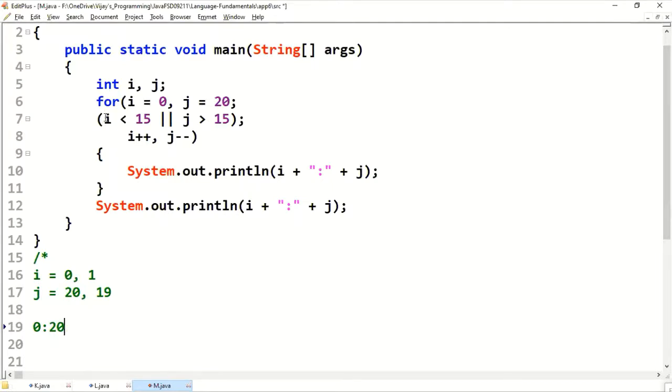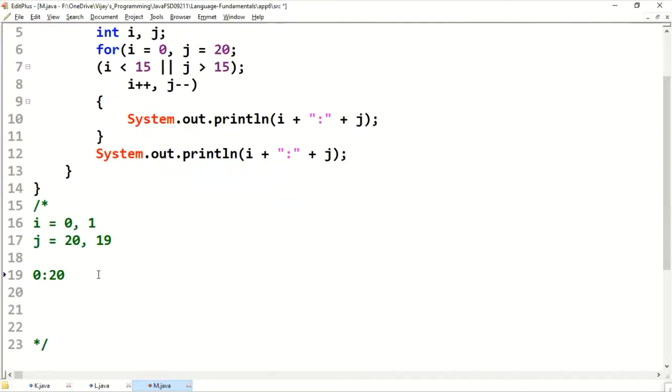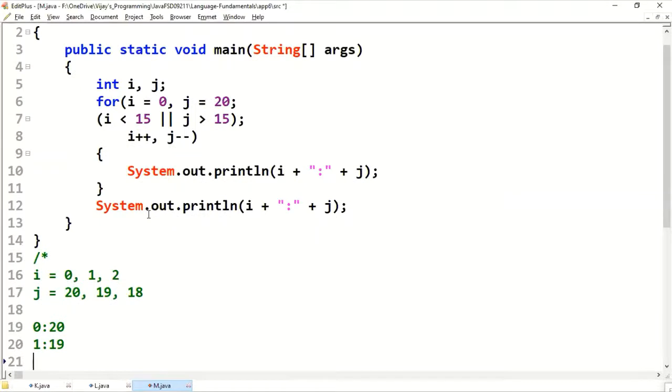Now, once again, whether 1 less than 15, yes. Printing 1 colon 19. i will be incremented to 2, j will be decremented to 18. Whether 2 less than 15, likewise.